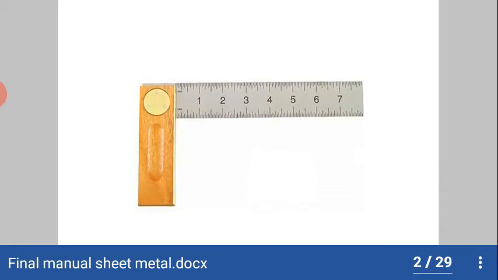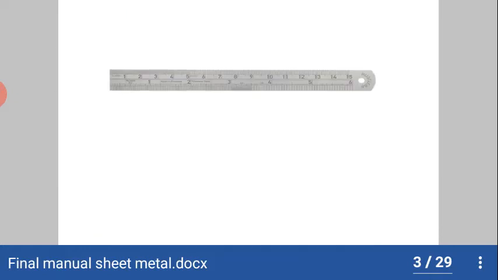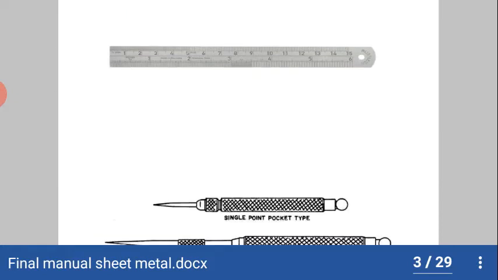Next is the tri-scale. Students, it is used for checking the two sides, whether they are at right angle or not. So the tri-scale is made in two sizes, 6 inches and 12 inches. The blade has markings on it and the solid part which is called the stock is generally held in our hand. That is the steel foot rule.